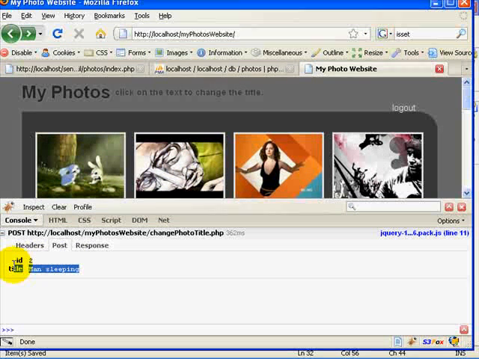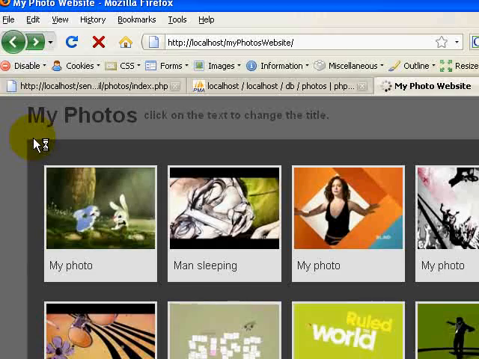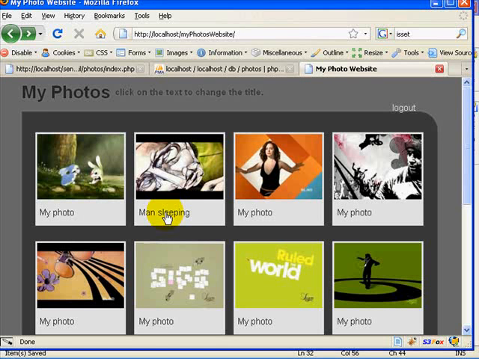Now, remember the database, it updated the database with the new title. Remember, title, this is what I just entered. It updates the table and inserts the new title only on the row that has an ID of 2. And if I refresh this, let's make sure that it works. And it has. So you see how easy it is that we've updated this website using Ajax asynchronously, and it